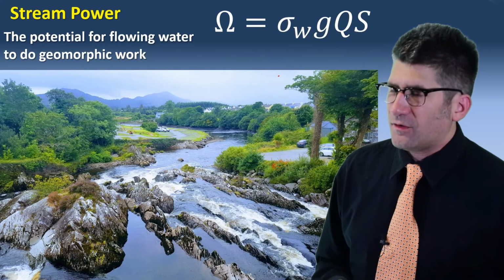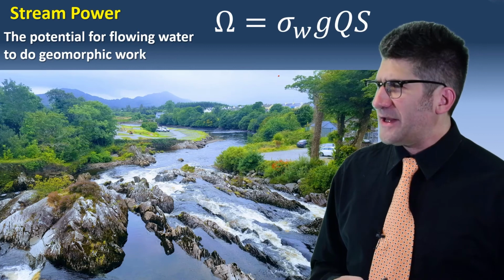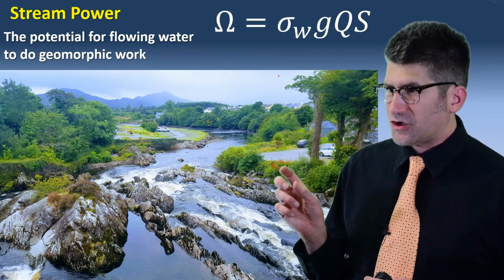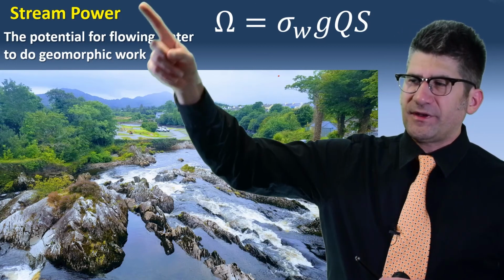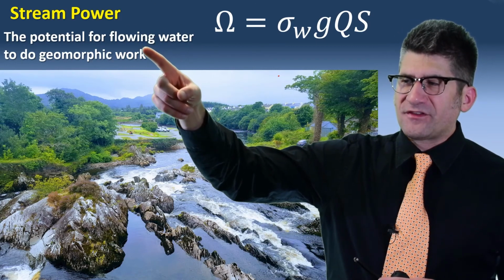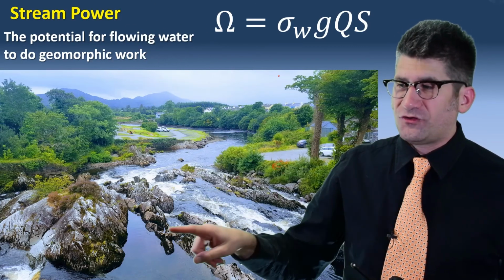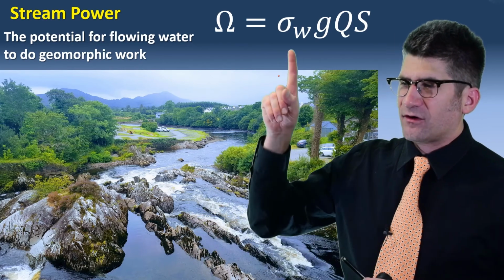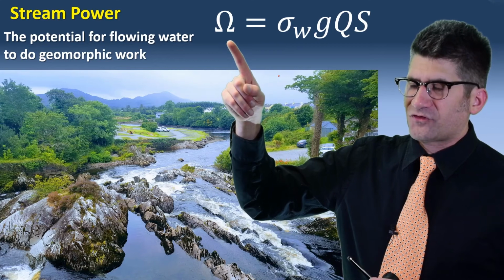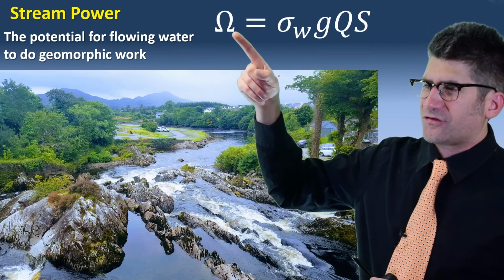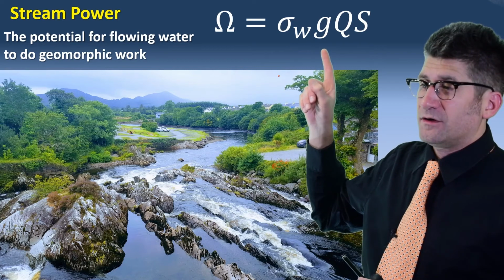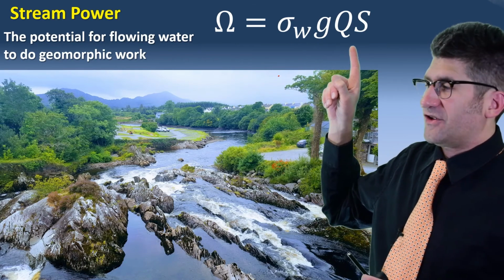Okay, so one of the remaining couple of terms I wanted to discuss here, moving on from hydraulic geometry, a very important term is stream power, and that's the potential for flowing water to do geomorphic work on the channel. So we often talk about the power of flow, and this is our stream power term right here. That's going to be equal to the density of water times gravity times discharge times